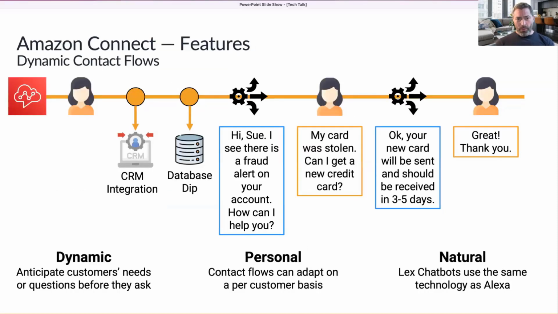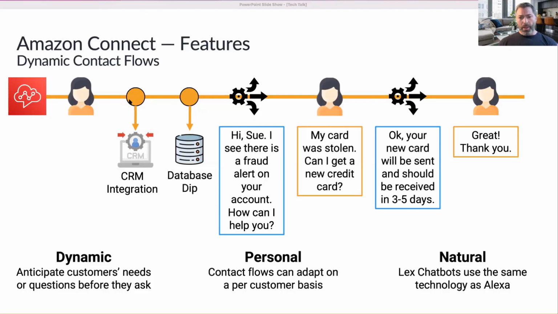Now, one of the really great features of Amazon Connect is the ability to do dynamic contact flows. When we say a dynamic contact flow, what we mean is I have a customer that starts off trying to contact my company, either through a phone call or through chat. And if we take a peek at that, I can see that as they go through here, I take their caller ID, or maybe they made them log in to the website and then we get the pop-up, so I could take their